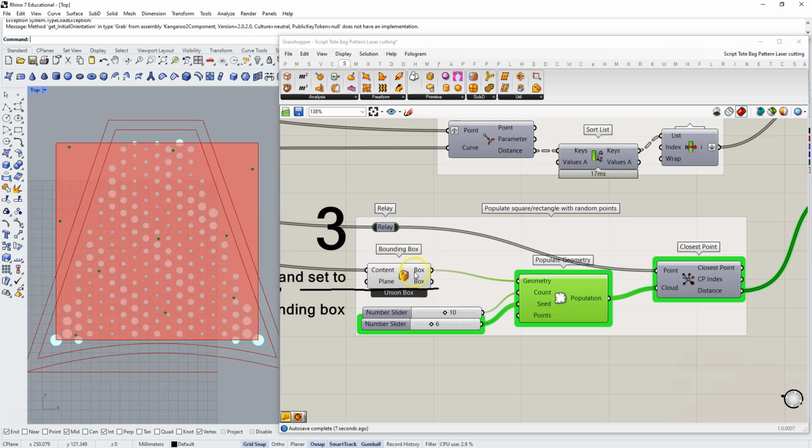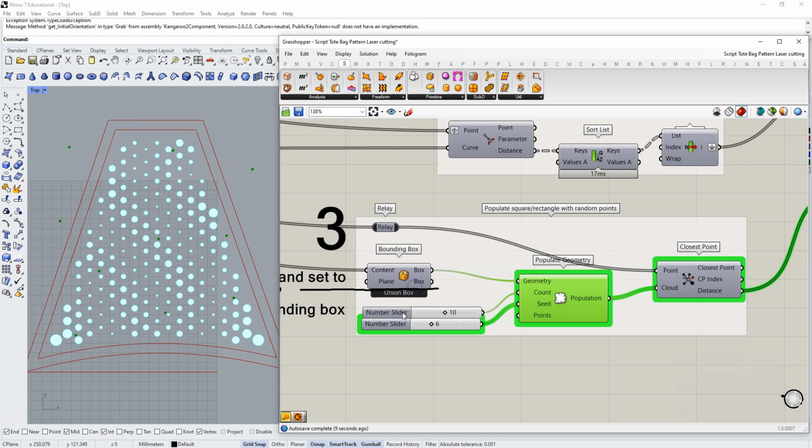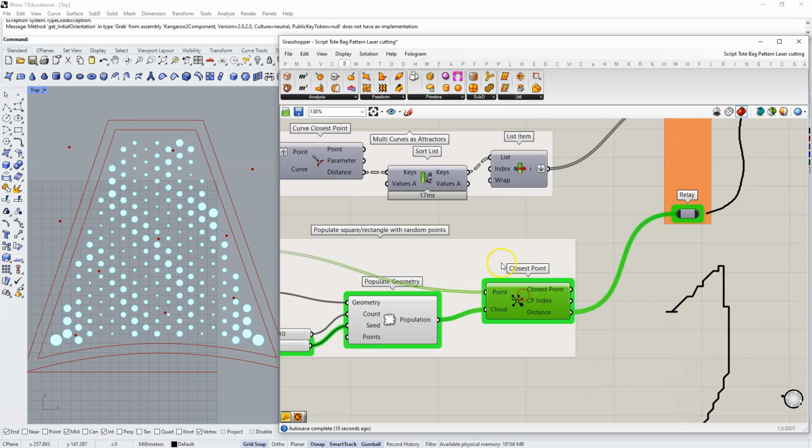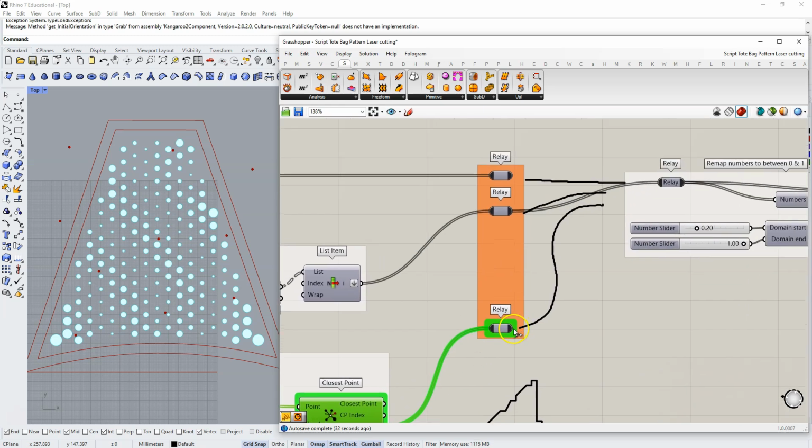I'm going to hide this bounding box. And now what we can do is plug in these points. So taking the population, I'm looking at closest point to my cloud of points. And the good thing here is that with these multiple points, we don't have to do what we did above. This will just automatically look at the distances to all of these points. And if I plug this relay in,